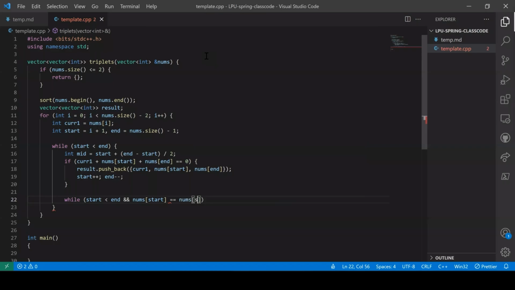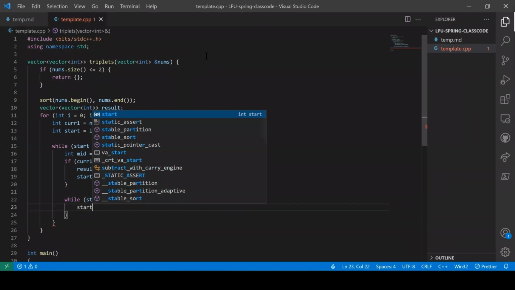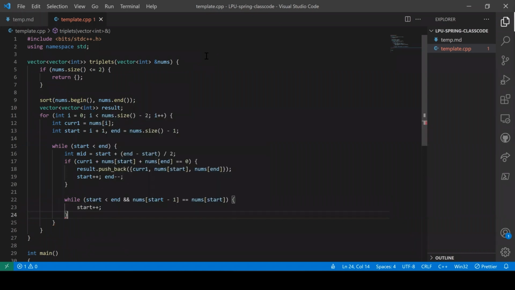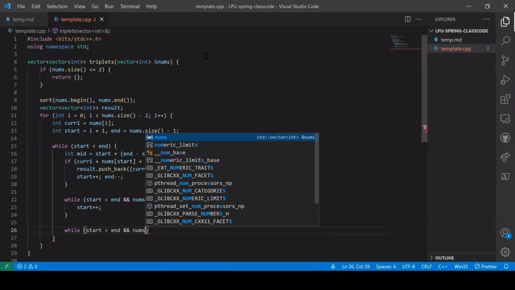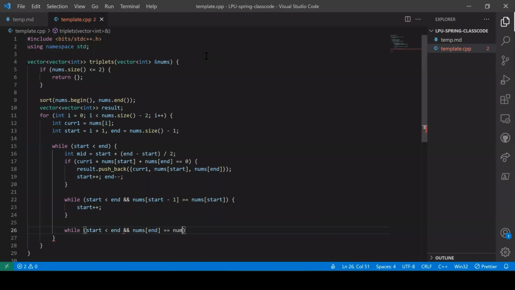If the previous element is the same, we do not want to consider it again, so I move start plus plus. Similarly, while start is less than end, the same condition for the last part: if nums[end] is equal to nums[end plus 1], in that case as well you reduce the end. Else,